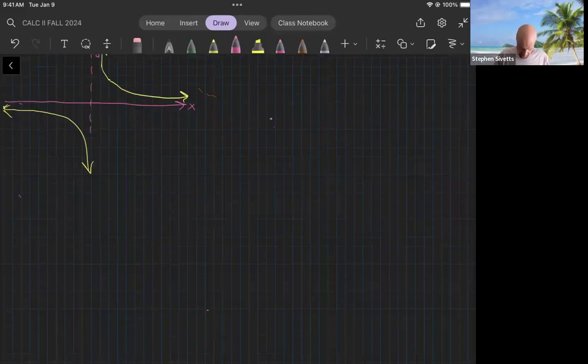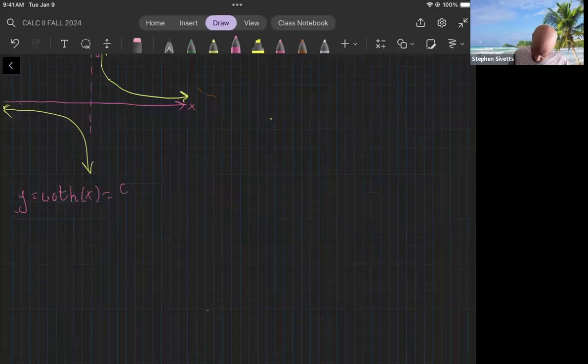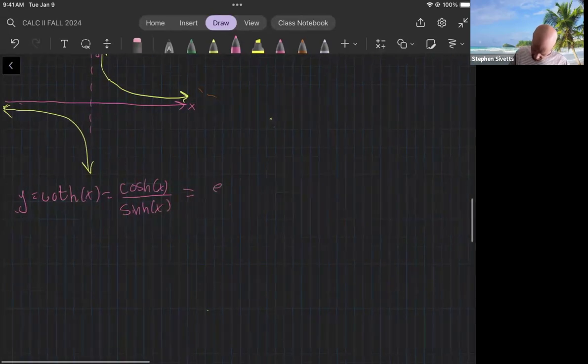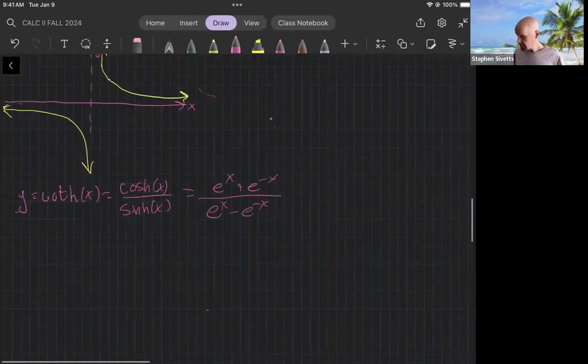Cotangent, hyperbolic cotangent, well, by definition is hyperbolic cosine divided by hyperbolic sine of x. So this equals e to the x plus e to the minus x divided by e to the x minus e to the minus x. Okay, so